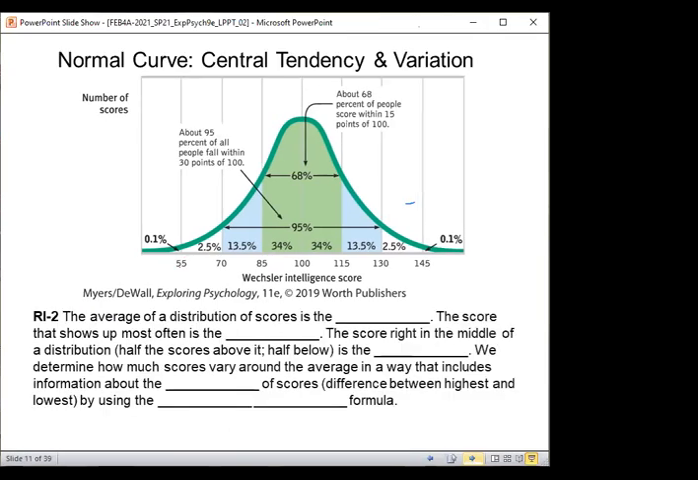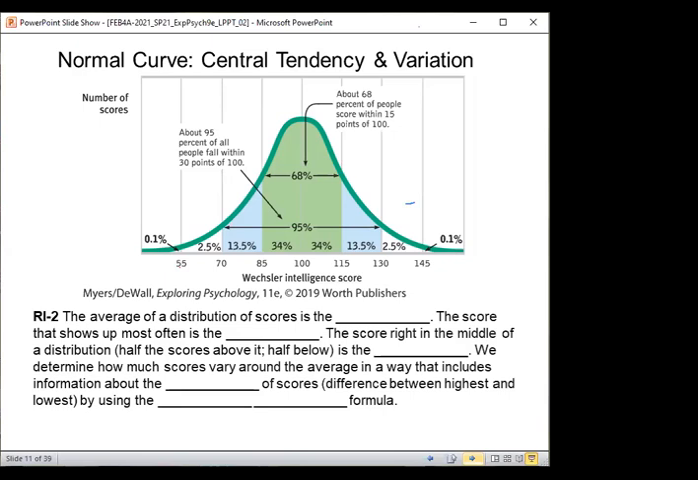So what we have here then is just saying how all this stuff sort of fits together. The average of a distribution of the scores is the mean. Okay, I'll fill it in for you. The score that shows up the most often, can anyone tell me? The score that shows up the most often, what do you call it? Correct, mode. The score right in the middle of the distribution, where half the scores are above and half below, is the